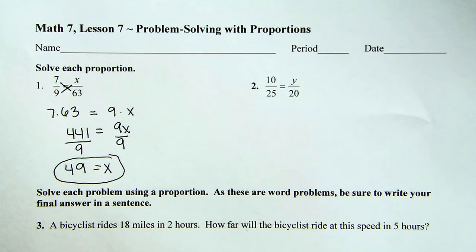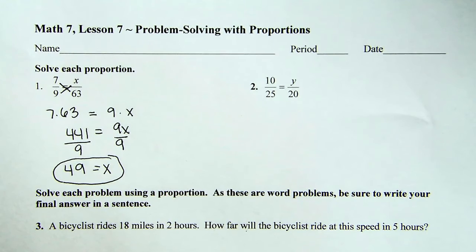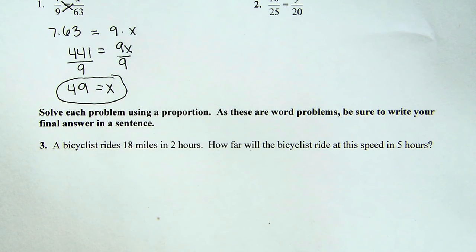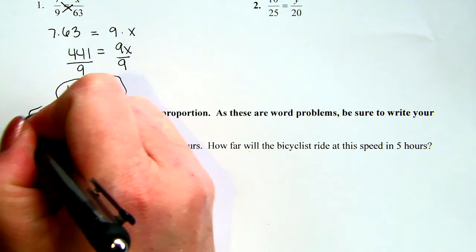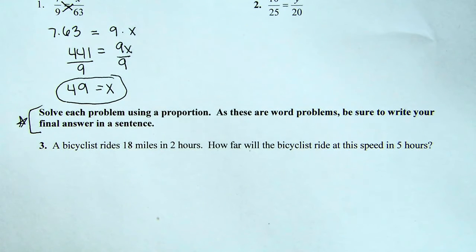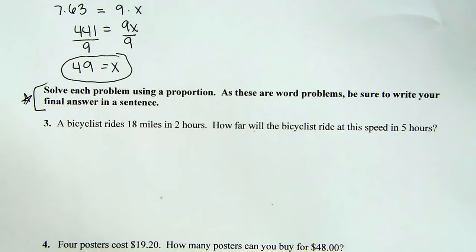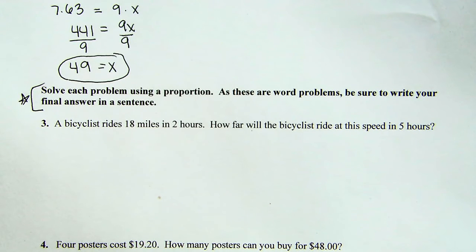Next, when we take a look at numbers 3, 4, 5, 6, 7, and so on, each problem is going to follow these instructions. Our instructions state, solve each problem using a proportion. As these are word problems, be sure to write your final answer in a sentence. So I need you guys to make sure that you're making an attempt to do that. Now once again, using our notes, it says to identify the variable and what it represents as our first part